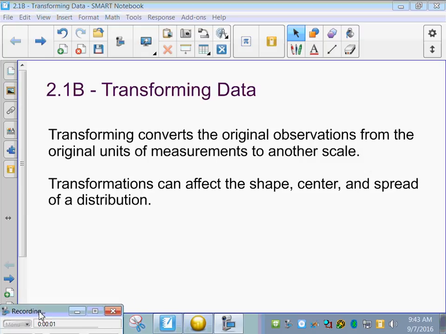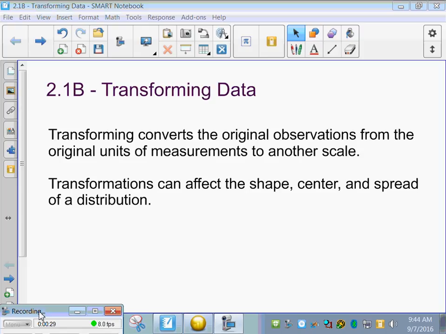Right, so transforming converts the original observations from original units of measurement to another scale. We're going to talk about what happens when we add the same number to our data or subtract the same number from our data. How does that change the shape, the center, the spread, all that stuff. And same with if we multiply by a number, how that's going to change it. So this is just a general look at what the transformations could affect: the shape, the center, the spread, and we'll talk